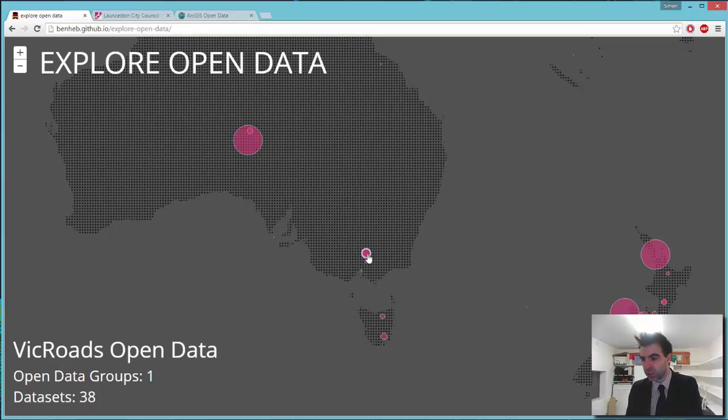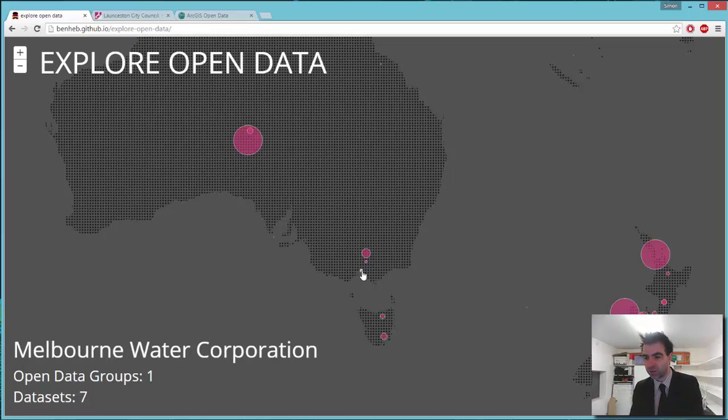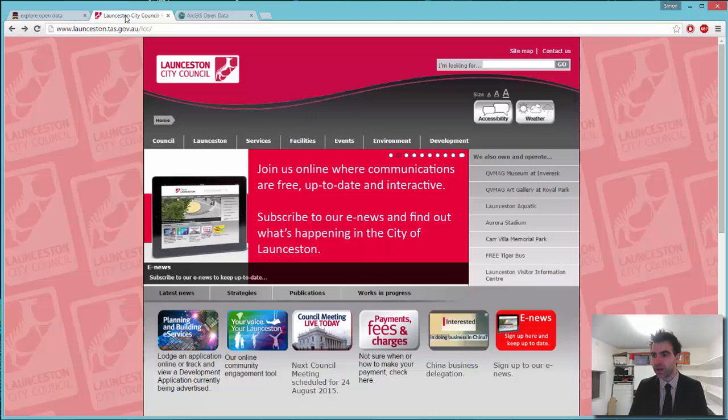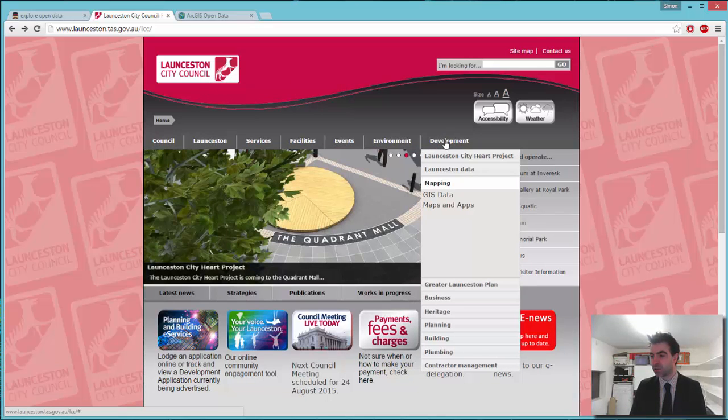Vic Roads is a really nice looking site. They also presented at Ozri. Vic Forest doesn't have much data in there, and Melbourne Water are just kind of getting their feet wet with ArcGIS Open Data. Anyhow, this is Launceston's public-facing website, and as a citizen I can jump into their